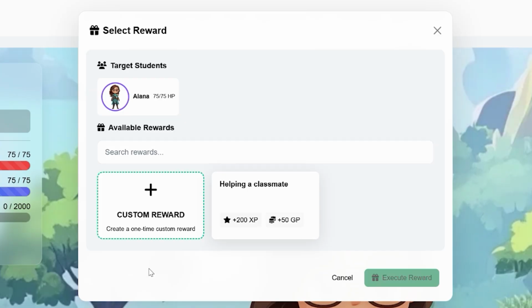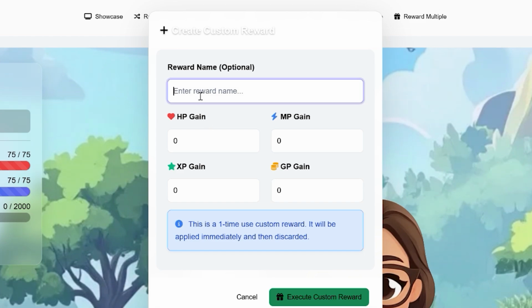A classroom is a very fluid space. New things could happen at any time that reward positive reinforcement and a reward. So we have, as a default, just the ability to, on the fly, create a custom reward. So custom reward right here. I'm going to say, for the sake of this demo, Alana turned in homework on time. Pretty standard one. Can't think of something more creative on the fly, but I will go with this for the